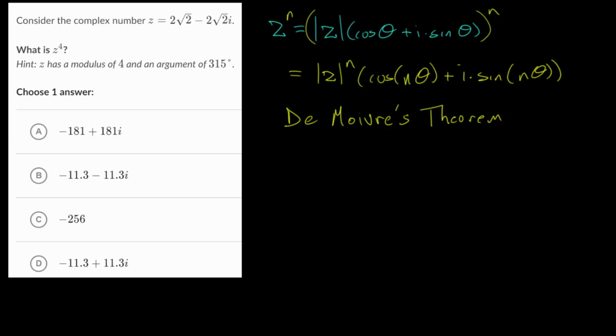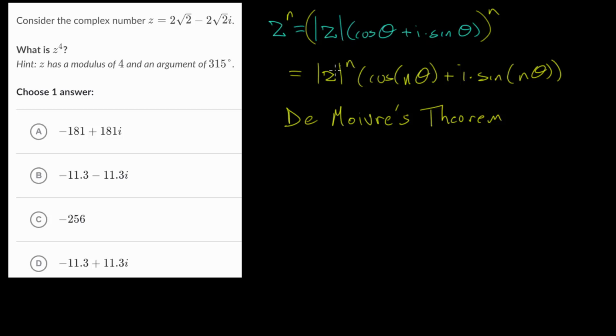In this video, I'd like to continue talking about the powers of complex numbers. Specifically, I'd like to look at two more example problems where we need to apply the formula that we derived in a previous video, where if we write our complex number in its polar form and we raise it to, let's say, the nth power, then this is equal to the magnitude or the modulus of that complex number